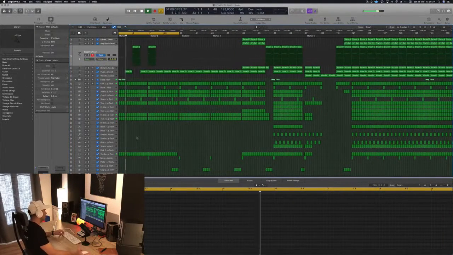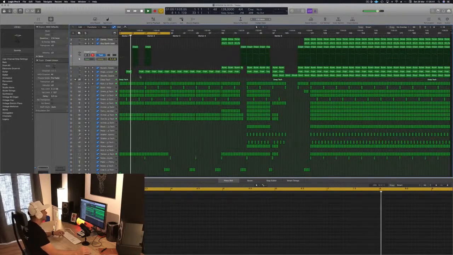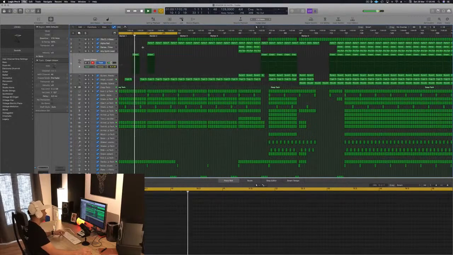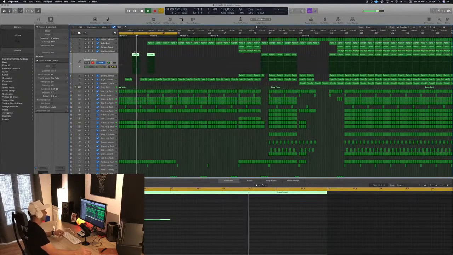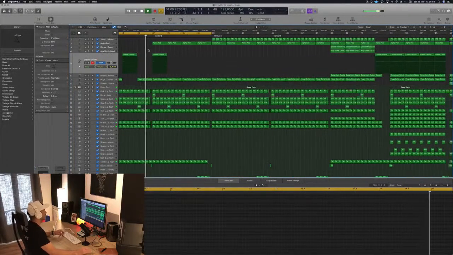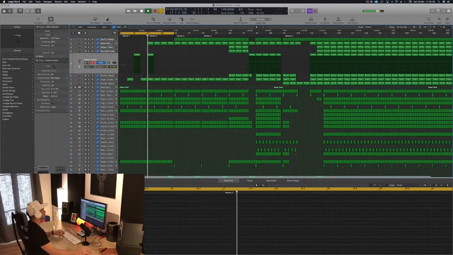So let's think now the DJ is mixing, you know? This is where it starts. Pretty good. Little cut here, then